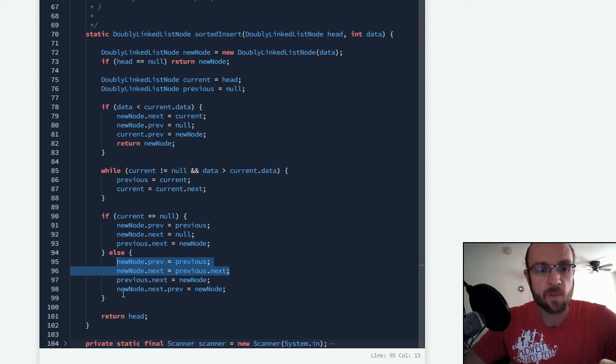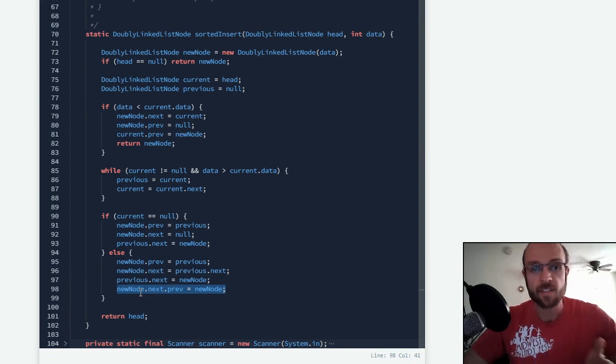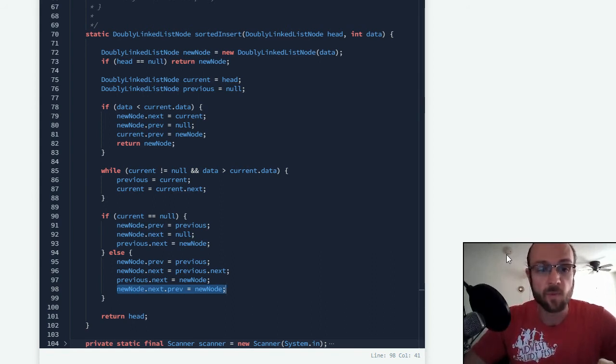And here is the most tricky part of the entire algorithm, in my opinion. We want to make the new node's next node what that node was pointing to. The previous node that it was pointing to needs to be changed, and that needs to be pointed to the new node. At that point, we can return the head,